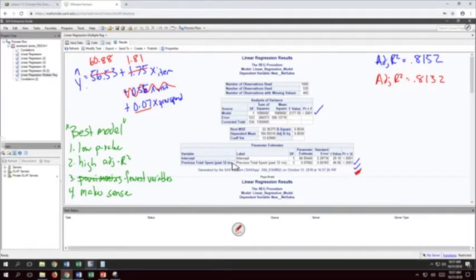So our equation has changed again, because now we just have the one variable. Our intercept's going up a little bit. The amount per spin really hasn't changed. Now we have an adjusted R squared of 0.8030. So we lost 1% of the variability we're explaining, but we're still explaining 80% of the